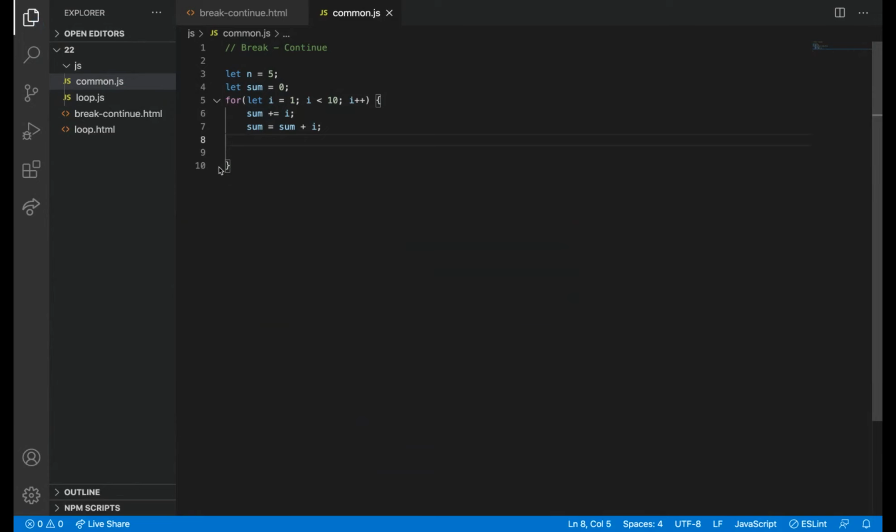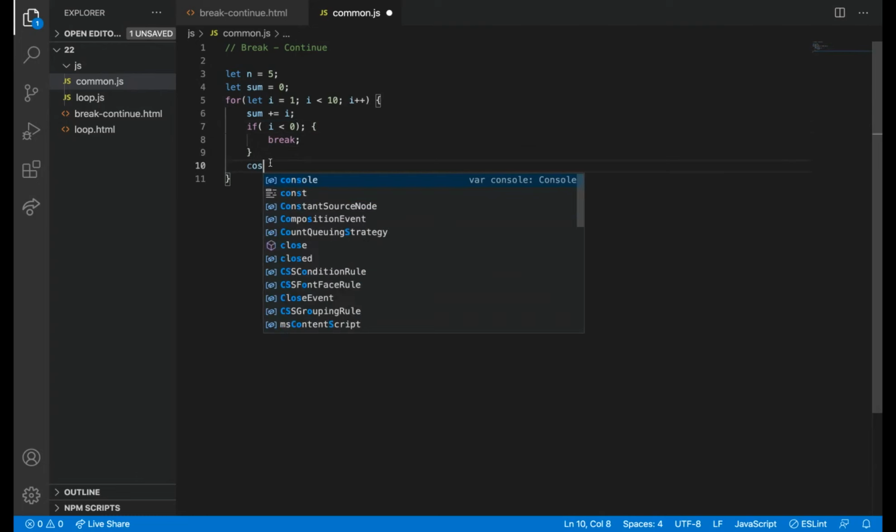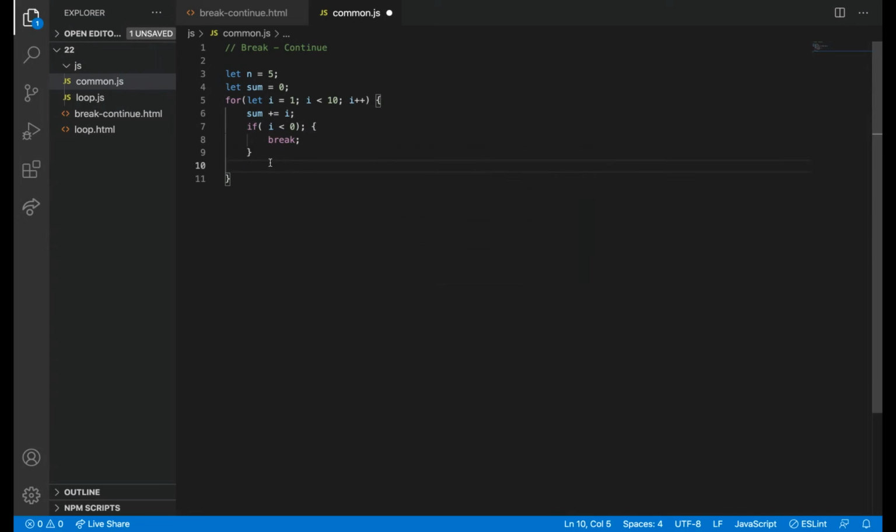So now we are studying the break concept. I'll go into it. I can say i equal to, i less than 0. I'm doing some other operations here.